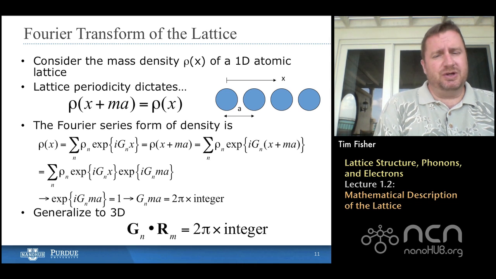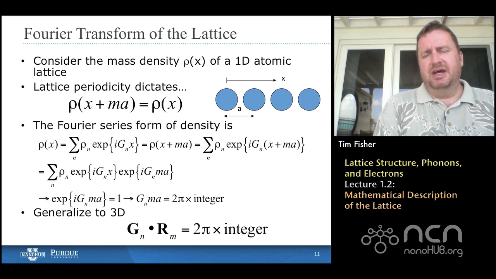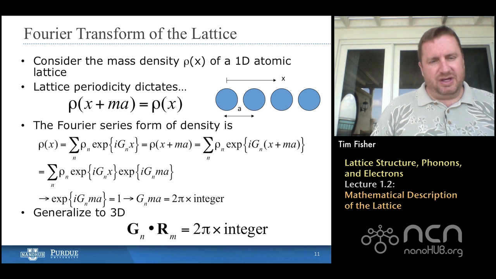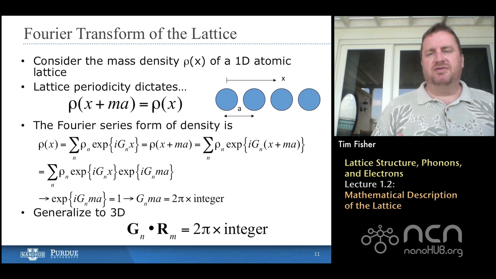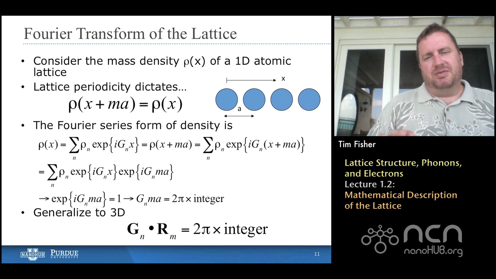Let me tell you the reason that we do it. We're studying lattices that go off to infinity for the most part, at least in one dimension. And so if we had to include in everything that we did an infinite number of atoms, an infinite number of unit cells, then we would be stuck with a lot of very heavy